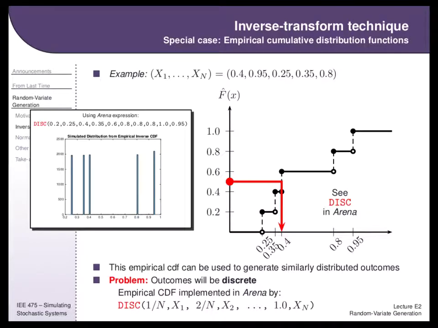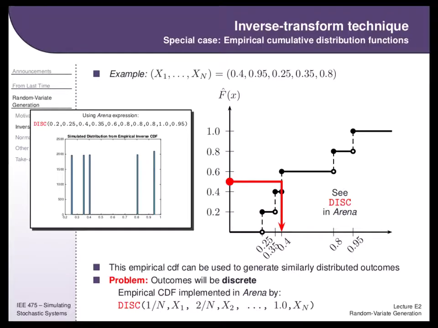And so this is what you would end up getting: simulated data out. So I measured these data. I asked ARENA to generate samples from a distribution matching these proportions, and it gave me these 5 values out. Now the downside of this is, well, that's technically what I asked for, but I really